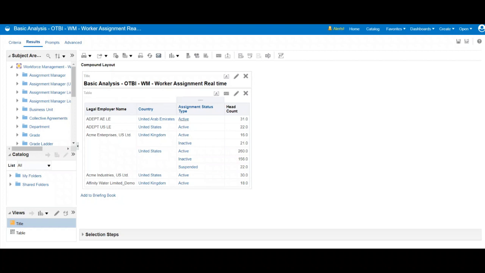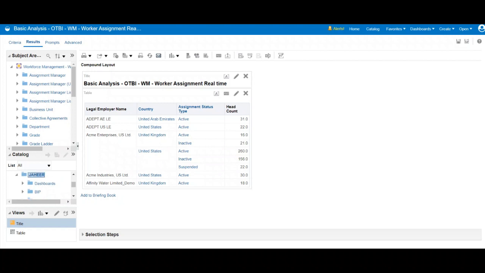In order to do that, once I come to the edit section, you can observe that you can see information that belongs to different countries. Now we are going to apply our saved filter. In order to apply it, under the left hand side panel, under the catalog panel, you can see shared folders. Come down until you see the folder where you have saved your filter. So I am clicking the